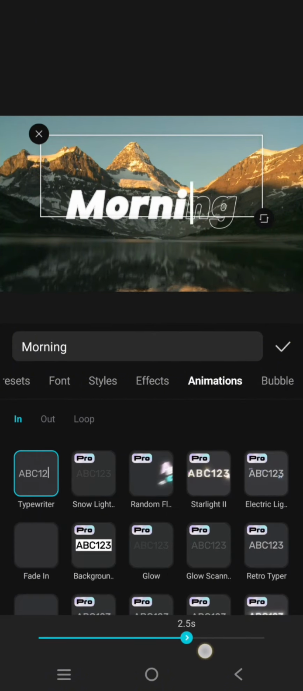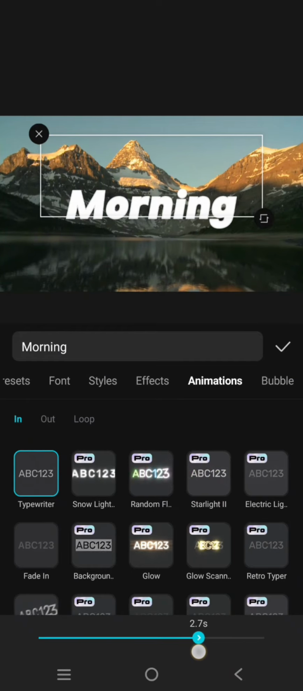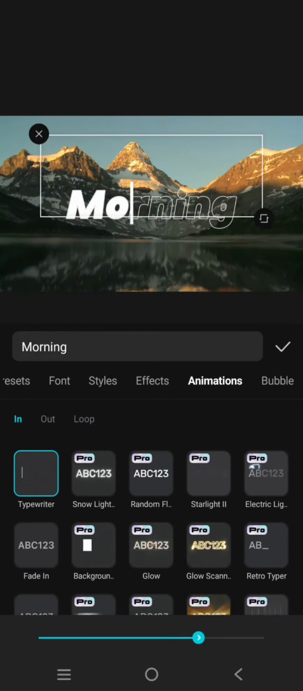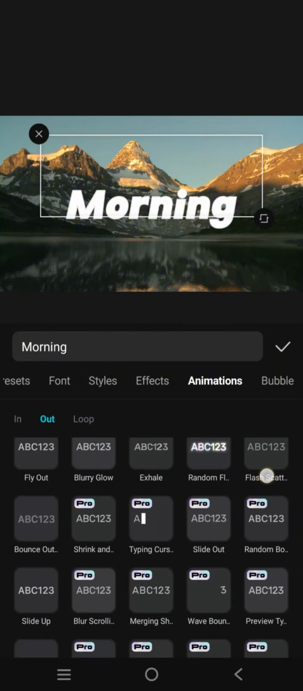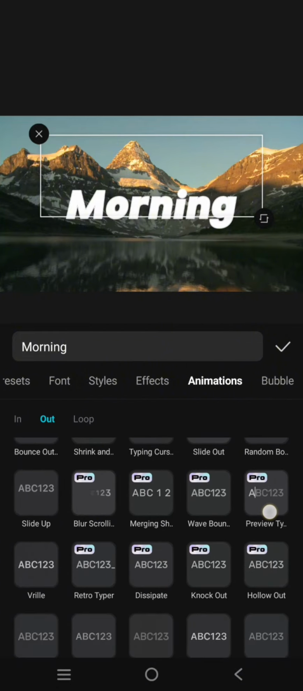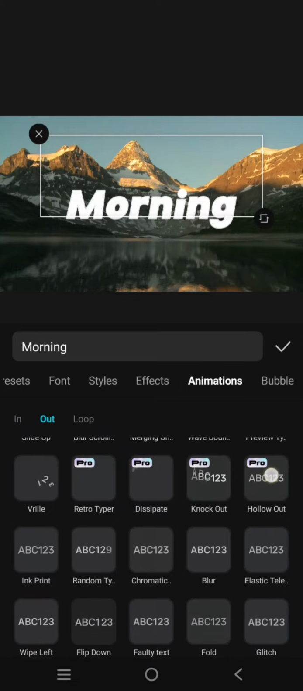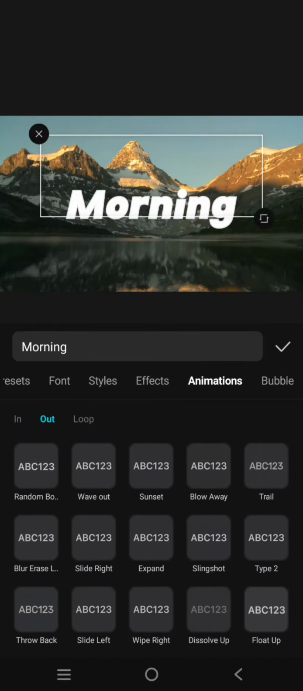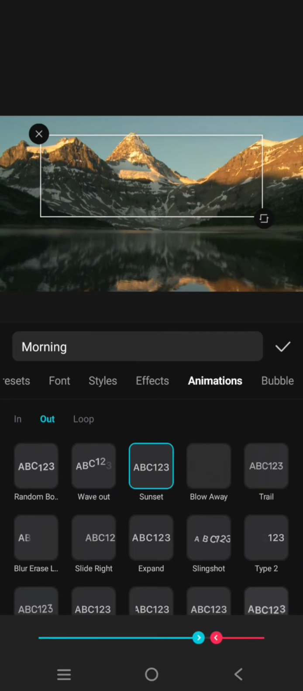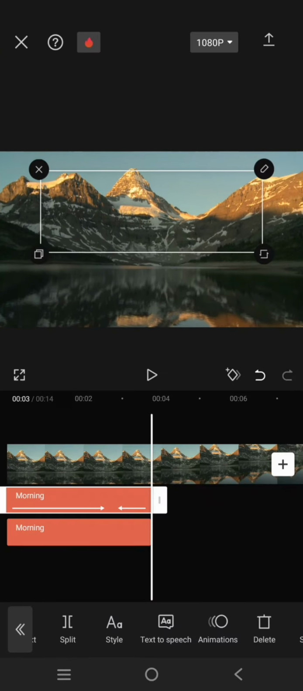You can adjust the duration to your liking. I'm going to go with 3 seconds. Okay, 2.7 seconds I guess. And then for the out, choose the sunset animation. Okay, this one. Now click on the check icon, and then for the second text you can also add animation,